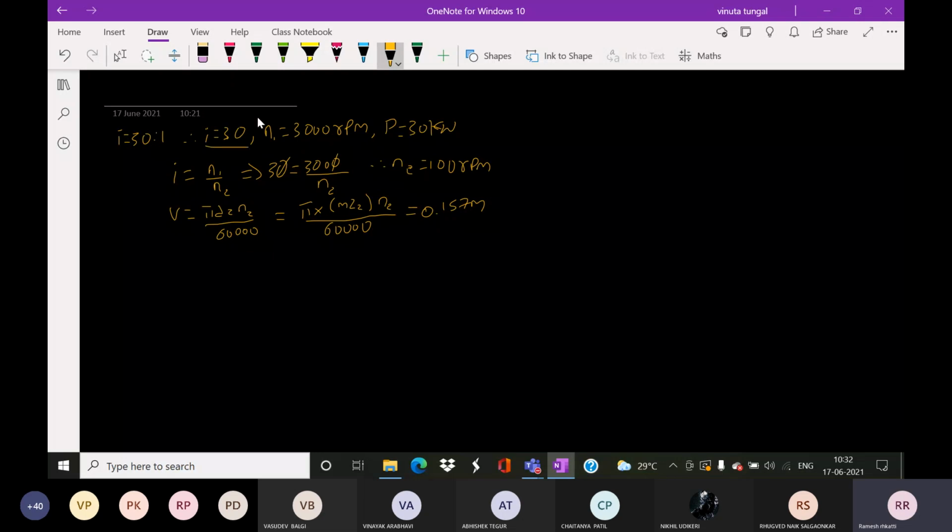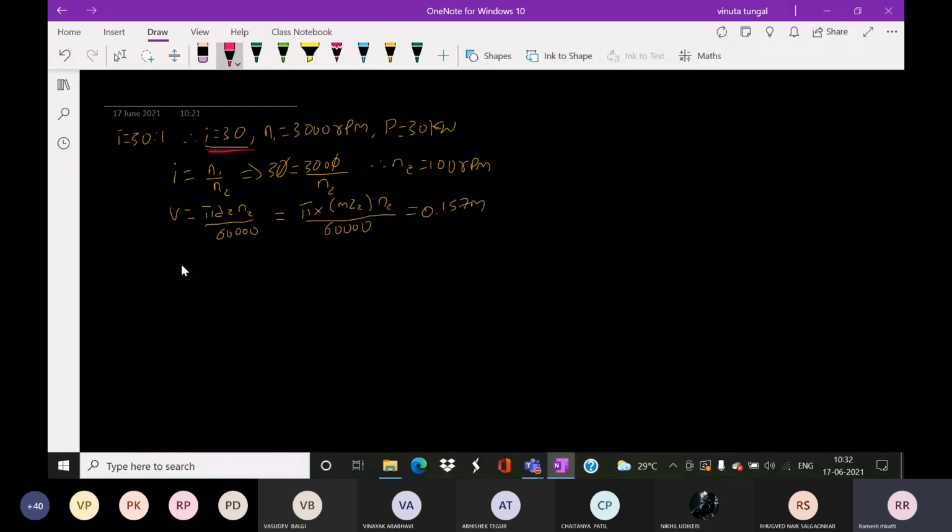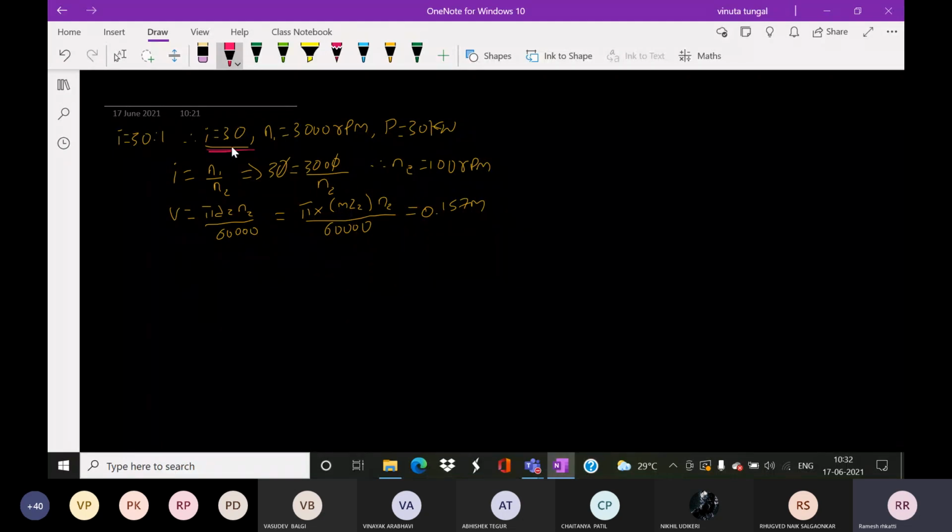You can see that whatever the velocity ratio is there, this velocity ratio is given as 30. In table number 12.28b, that is worm data, if the velocity ratio is 20 and over, then the number of threads in worm you have to use is single. In our case, i is given as 30. Therefore, the number of threads on the worm you are going to use is 1, that is single. If the velocity ratio is between 12 and 16, you can use double. Therefore, Z1 will become 2. Like that, you have to use it.